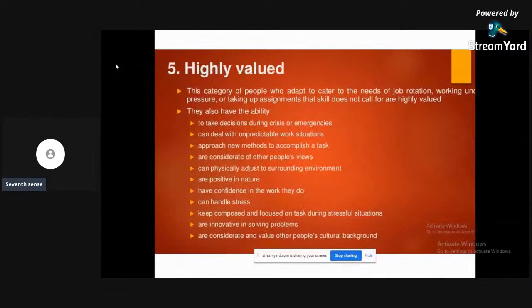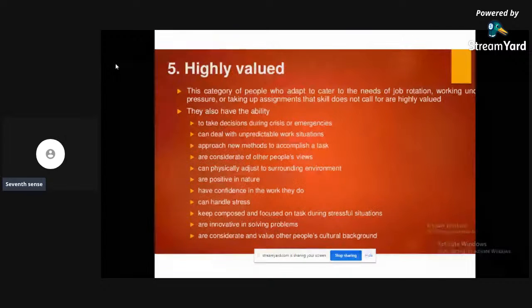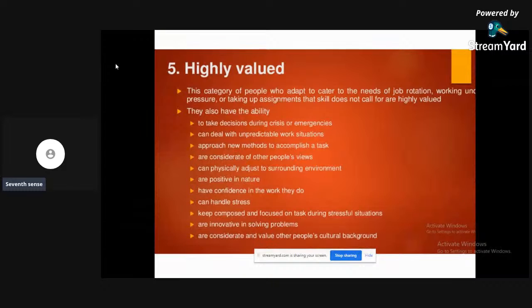So the people who are adaptable, they're highly valued. They are paid more than anybody else. These are the characteristics of people who are more and more adaptable. They will be able to work under pressure. They'll be able to take decisions